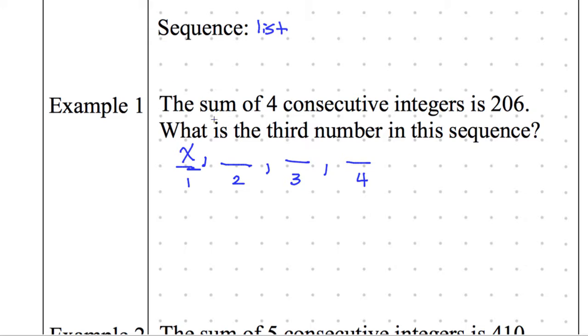So if this number was 1, this number would be 2, which means in terms of x, I have to have x somewhere in the expression. So let's go ahead and write an x. How much more than x is this second integer? This second term in the sequence? There it is. x plus 1. Thank you, Fernando.